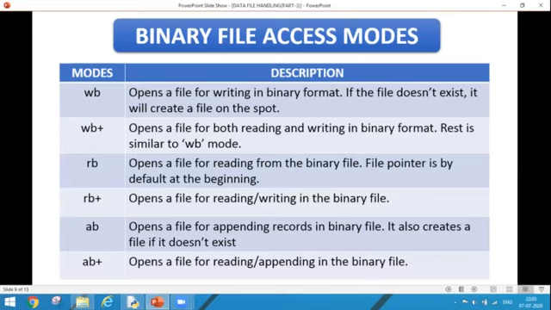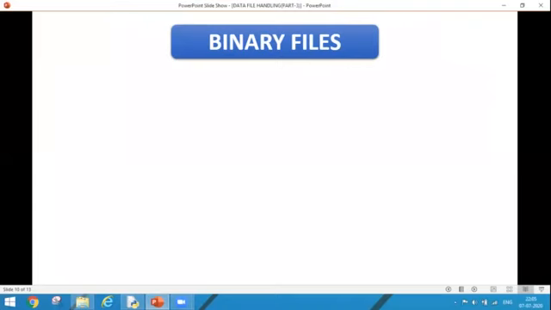Similarly, AB mode also creates a file there and then if it does not exist. The last mode is AB plus. AB plus mode opens a file both in reading and appending mode. That means we can add the records, and side by side we can read the data from the binary file.